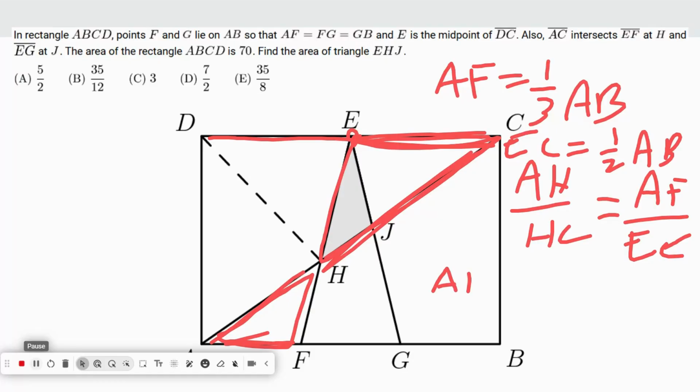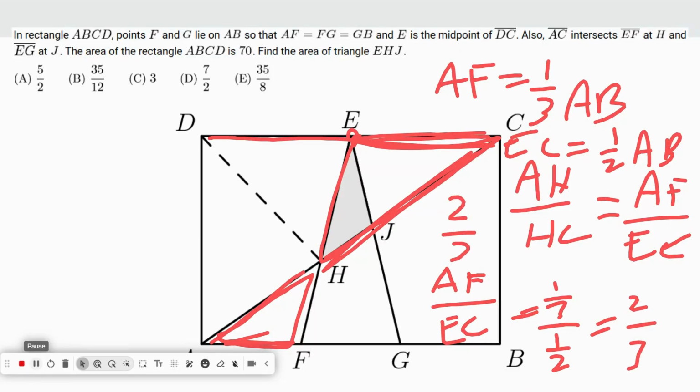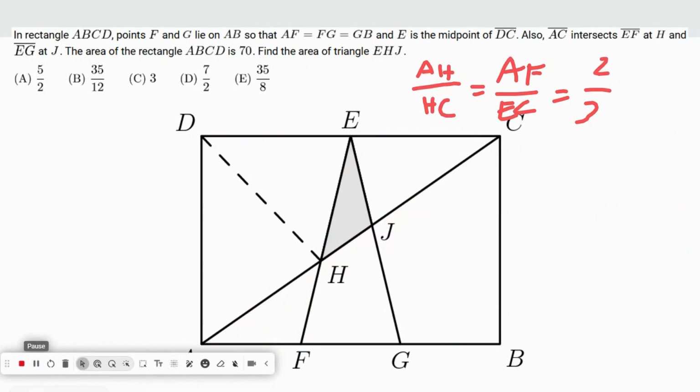So we have that AF over EC is equal to 1/3 over 1/2. And simplifying that gives us 2/3. So now we can also say that AH over HC is equal to 2/3. So I can just write that over here. So let's move that to the top left or top right corner. Okay, so now